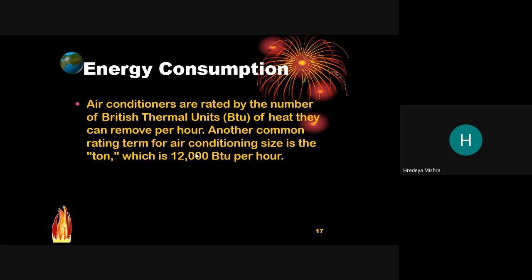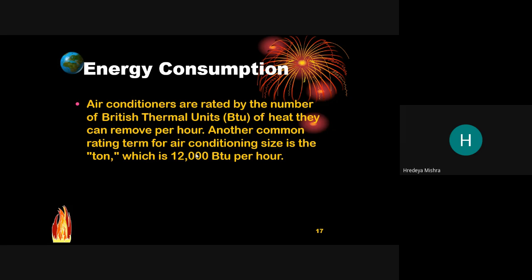So what is that? That is the heat it can remove per hour. Means a 1 ton AC removes 1 ton volume of air from your house to outside and gives the fresh or cool air in the room. The capacity is 1 ton, 1.5 ton. Means if the capacity in tons increases, then the cooling rate is higher. Okay, then the cooling rate is higher.